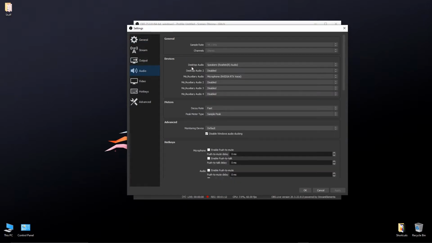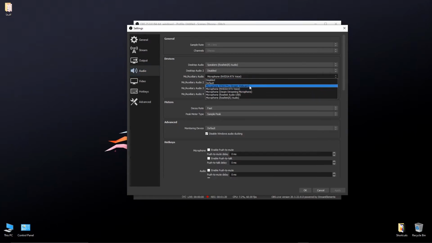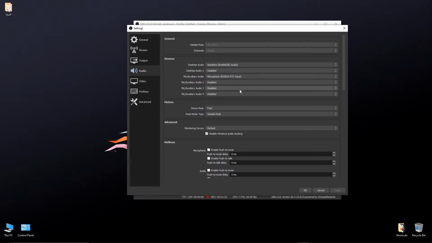Once you go there, there will be input or mic or auxiliary or something like that. You need to select it, and here you can see there are a number of options, which are Realtek audio USB, Nvidia RTX Voice, and some more. Here you need to select the Nvidia RTX Voice and click apply and OK.